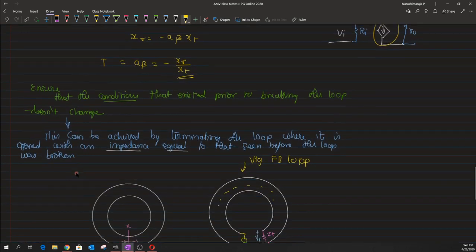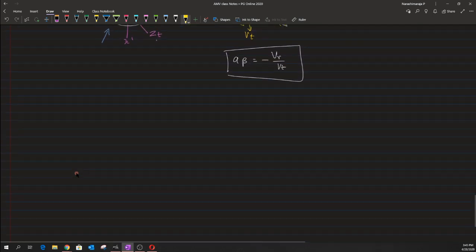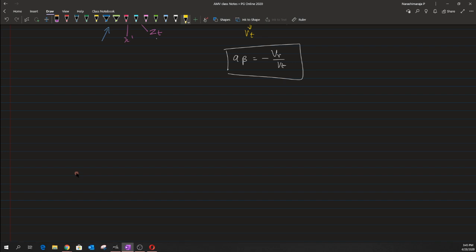Okay, so we no need to worry about the computation of this Zt as shown here, and then use that Zt to terminate the loop and then apply this Vt. We no need to do all this huge thing, but rather we'll just follow a different step. And basically, as I said, this return ratio formula depends on those dependent sources. Okay, so let me write it as